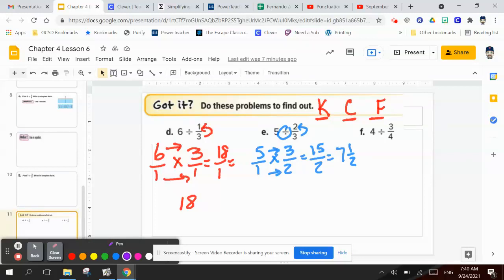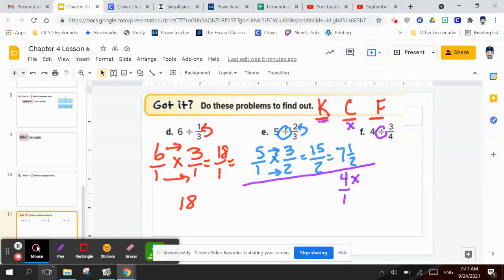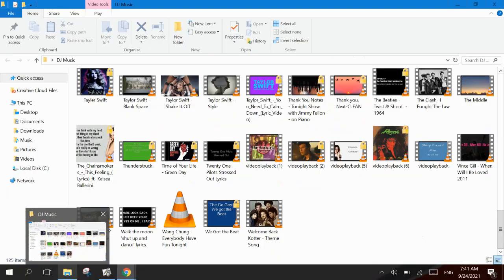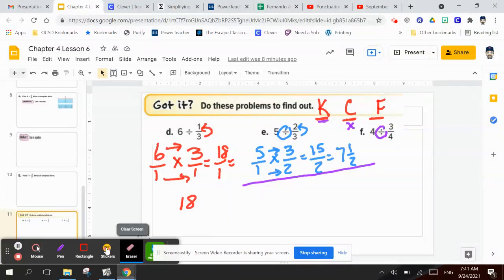Let's look at letter F. It's 4 divided by 3/4. So we're going to keep the first fraction the same, 4. We're going to change that symbol from divide to multiply. Oops, that's 4 over 1, by the way. Let me use my eraser here. Erase that. All right. So I'll go back. So 4 over 1